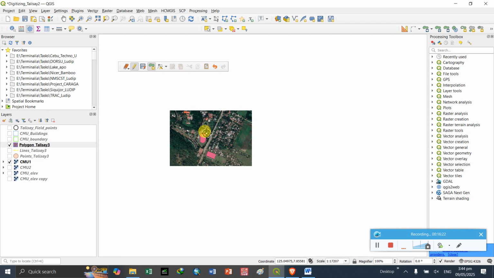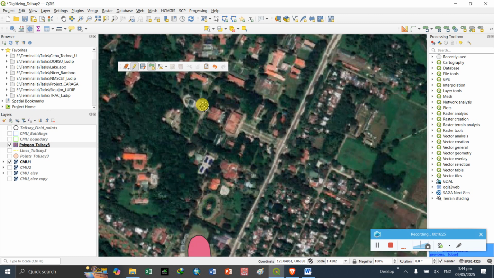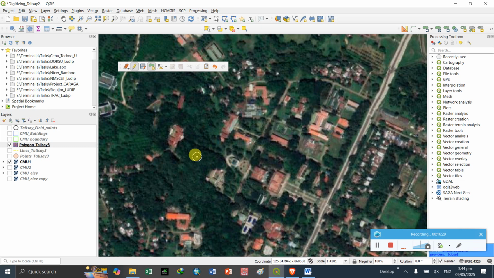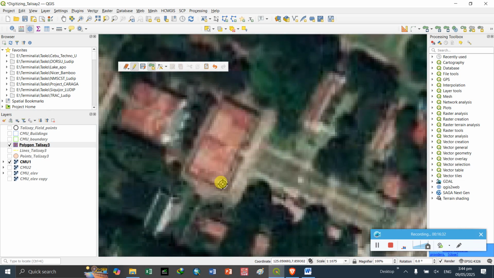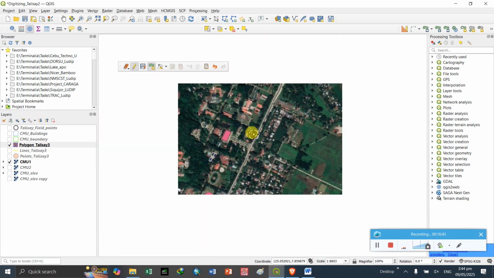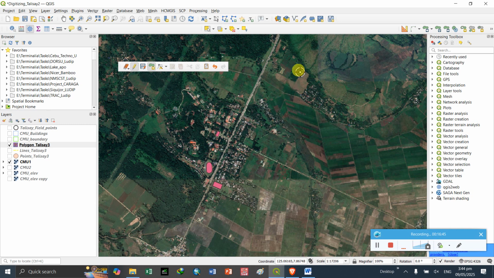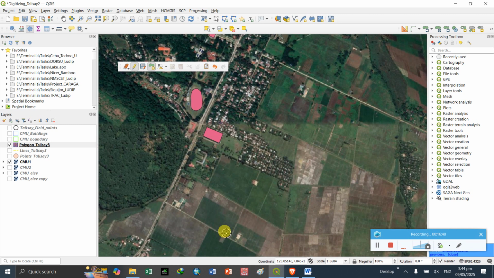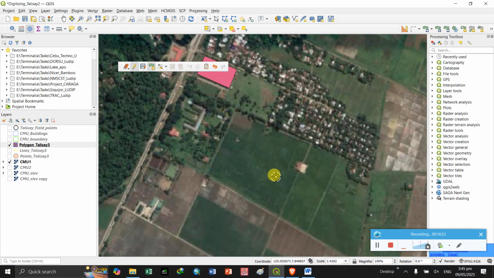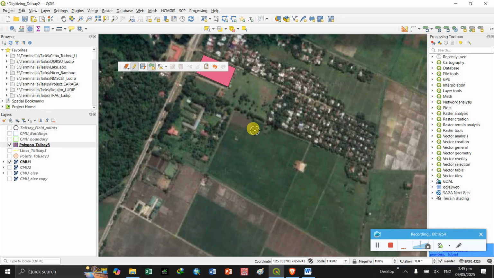Then another one, maybe the admin building. Click, right click, so admin building. Okay, and then some portion of the parcels, something we can represent as the rice field.